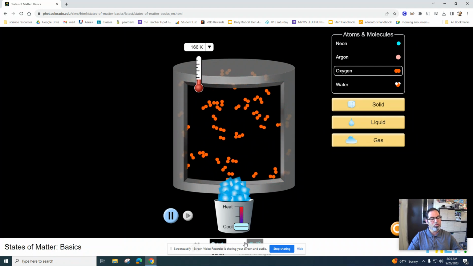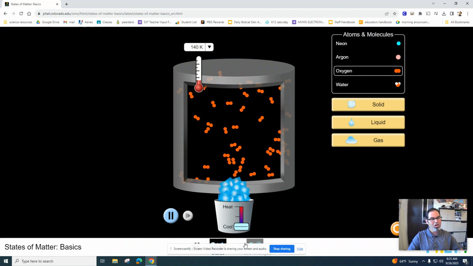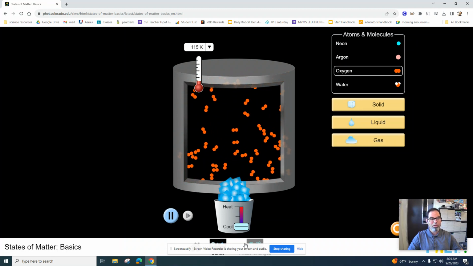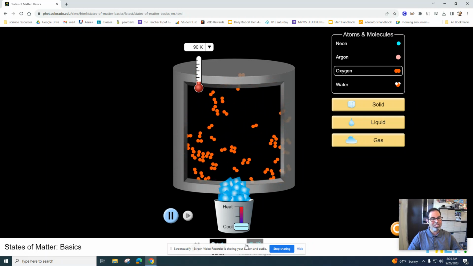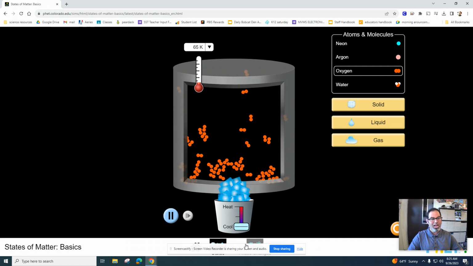We can also remove heat by adding cold, and we can see how removing heat also changes the particle motion. So keep in mind how the particles are moving differently as the heat is being changed, as the heat is being removed, as it is going from a gas to a liquid to a solid state of matter,